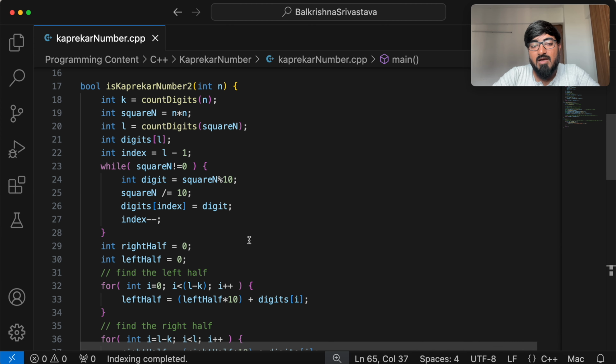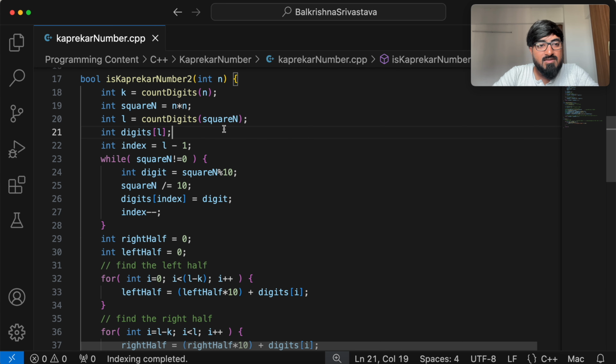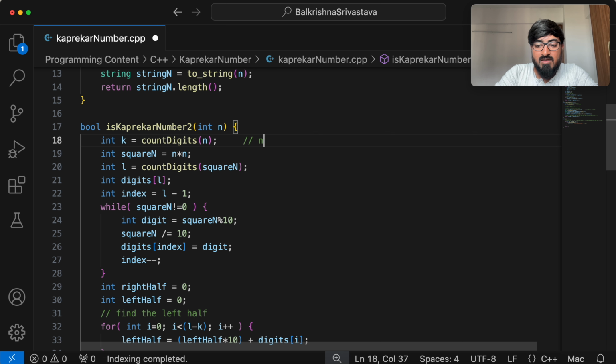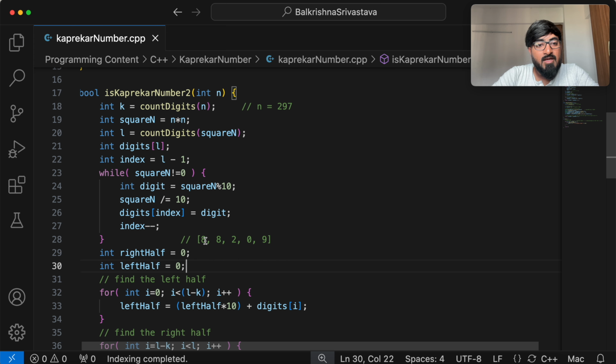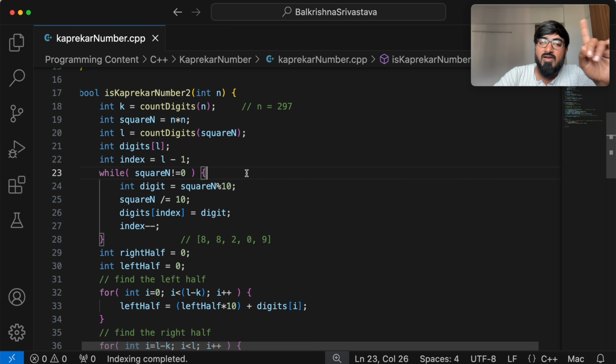In short, I'll tell you what is happening here. Basically I'm creating this digits array out of the square of n. So if my n is say 297, my array of digits after this while loop ends will look like 88209, because this while loop will extract unit digits from right to left, and I'm also filling the array right to left. So from 88209, which is the square of n,